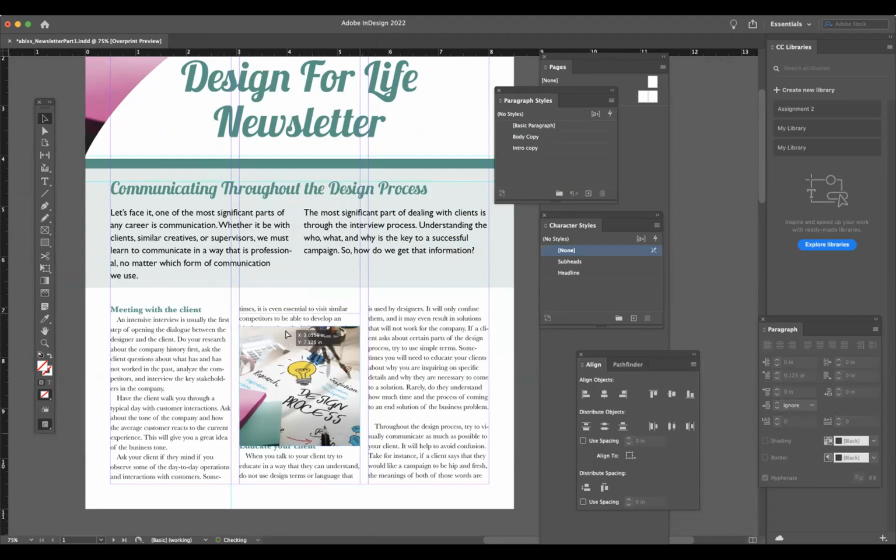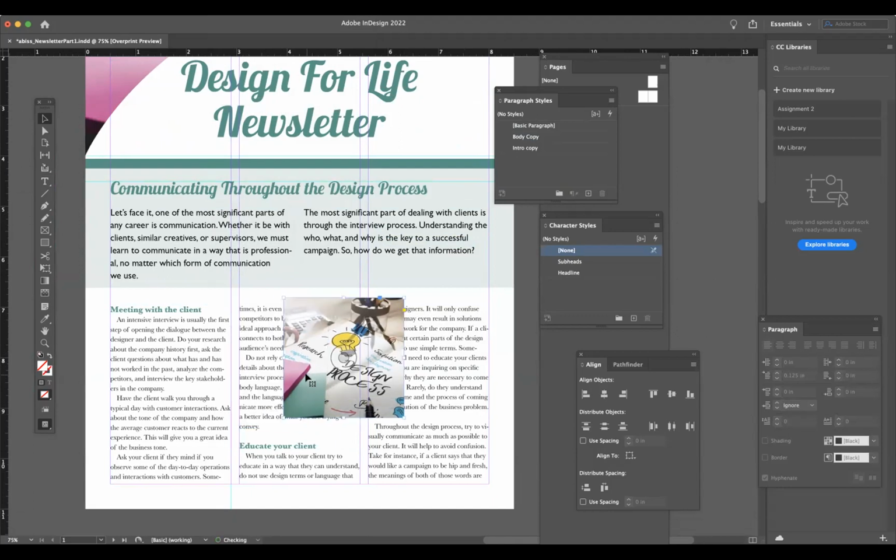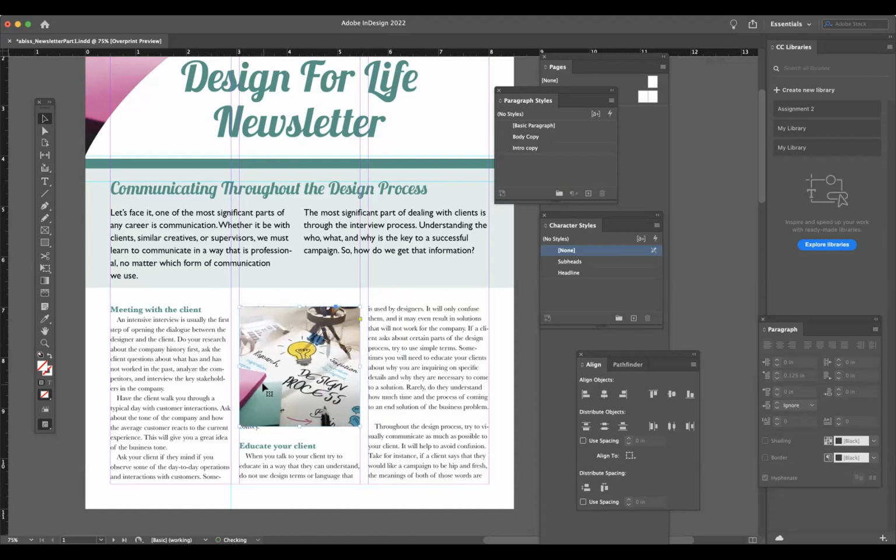But let's say we want it to be like right here. Well, there's copy behind it. You can't see it, but there's copy behind it, right? We don't want to miss out copy. We don't want to go over copy with our image. So what we want to do is put a text wrap on it, and the text wrap will bump the copy that's behind it so that it's not interfering and covering it up. So with our